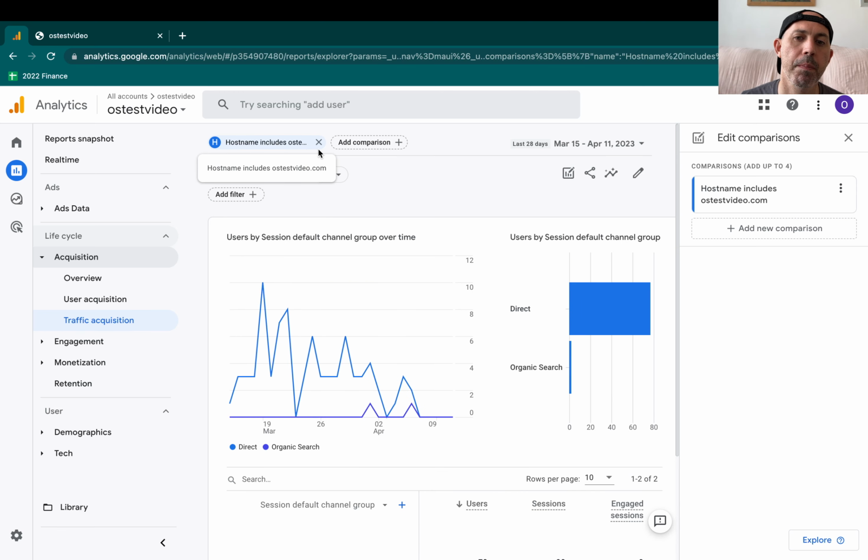So that's number one. You have to filter out. The data will still wrongfully be there unless one day Google Analytics 4 changes something and they allow a lock for certain domains. But right now, no, you have to include it. Or if you build your custom reports, you can actually also do the same thing. Hostname equals only your domain. The second thing